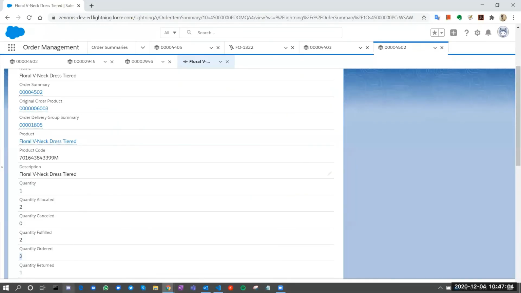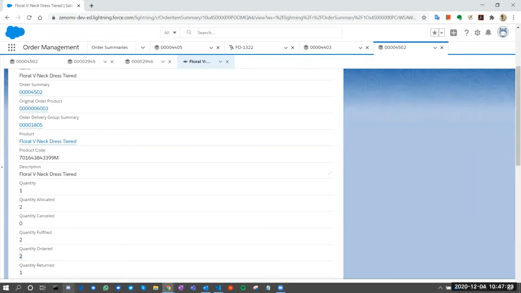Right. So I'll just walk you through a couple of key things that are very important, right? One is order management is offered as a standalone product from Salesforce. Means you don't need to be an existing Salesforce customer to have order management. It is sold entirely on its own.